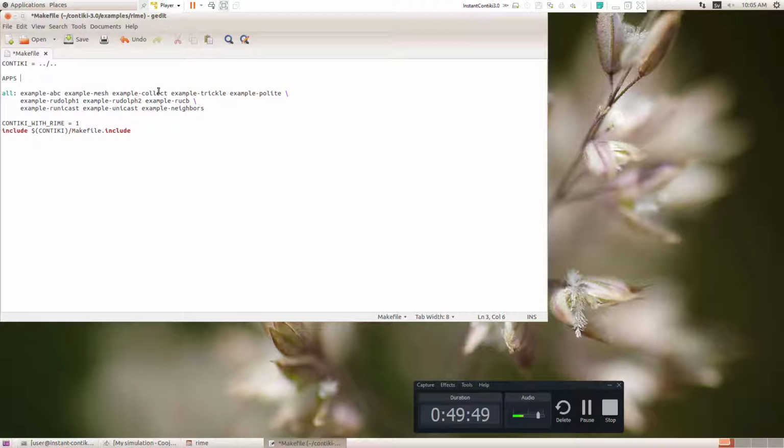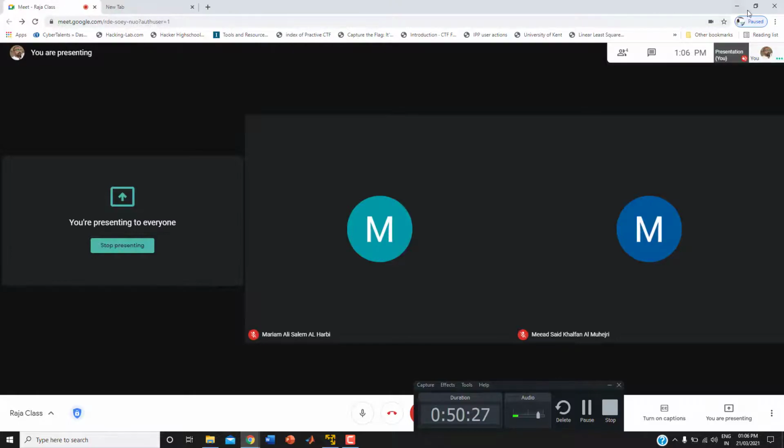Already you can see examples, so many things, broadcast, unicast, I need to use everything. With this I want to use the power trace also. So apps, what are the apps you want to use, apps plus equal to. So let me type it somewhere. This keyboard is showing some different keys. No problem, just wait. Plus equal to. So let me do it in Windows and I'll just paste it here.